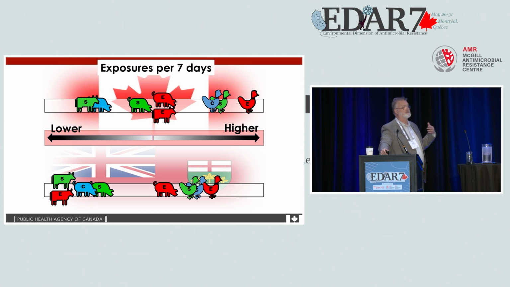A very simplified version of this in an infographic format. Again, this is fairly old, but this was just looking at the relative contributions of the different commodities, with Salmonella in green, E. coli in red, and Campylobacter in blue. So it's not really a surprise that chicken would come out higher on all of these things.